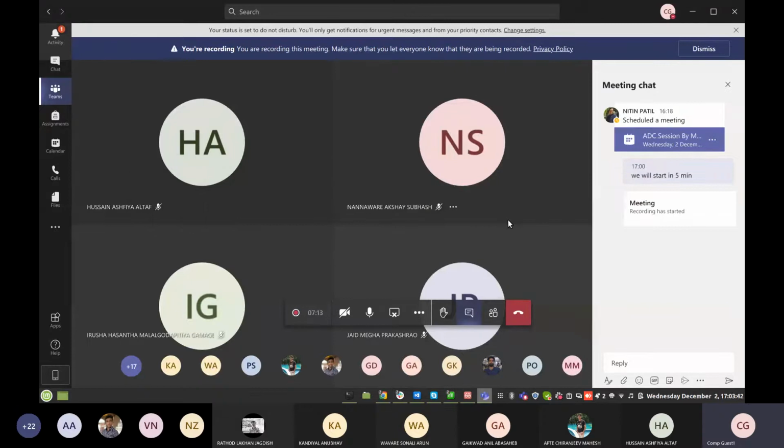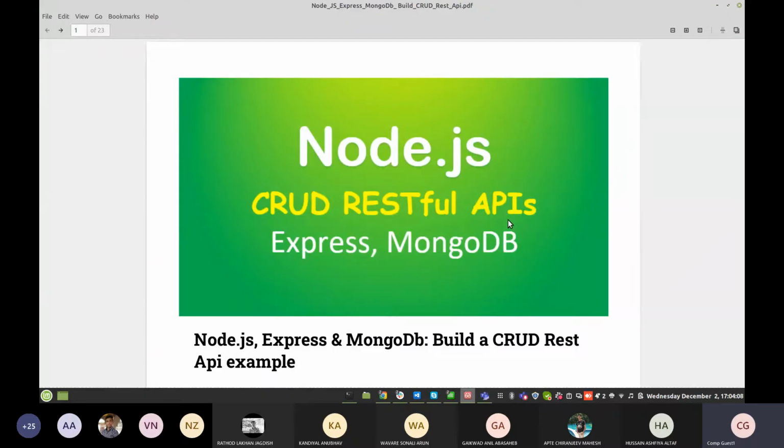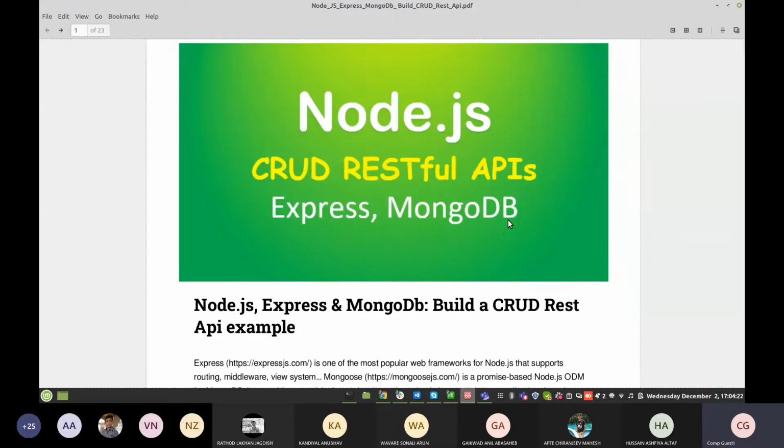So basically, today we are taking some hands-on experience to connect MongoDB with our application. We will write a simple CRUD operation REST API example to access our data, modify our data, and represent our data in a simple UI. Today we are using Node.js, the JavaScript framework that we have used to write this CRUD operation REST API in today's session.